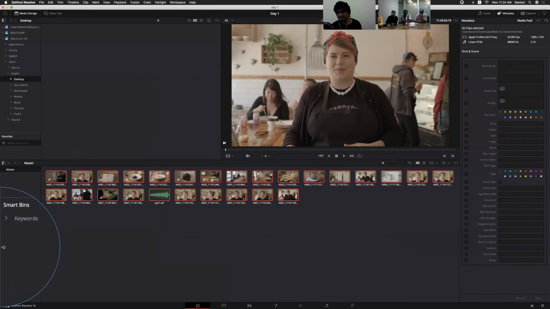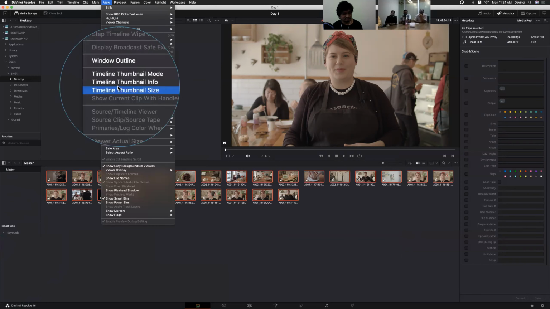Even with the keywords, even with the analyzed information, we are not seeing anything. Why? Because by default, the option will be disabled.